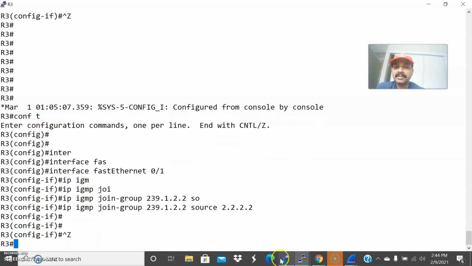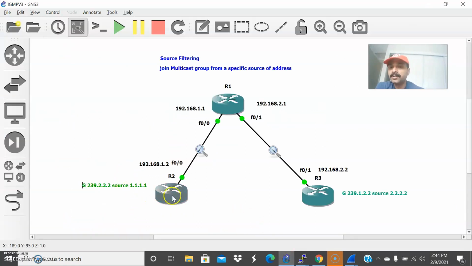This is a loopback address I have defined. So what I have defined is that it should always accept the packets to this group coming from the source 1.1.1.1, and it will always accept the packets coming from the source 2.2.2.2 to the specific multicast address. That is a benefit of IGMP version 3. It is a form of prevention against invalid source packets from an attacker. If the attacker is initiating and it is coming from some other source, it will discard the packets. That is a benefit of source filtering. It is used to filter the packets coming from the source address to the specific multicast group.